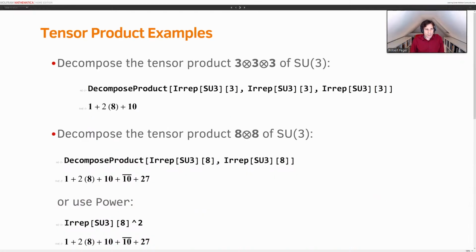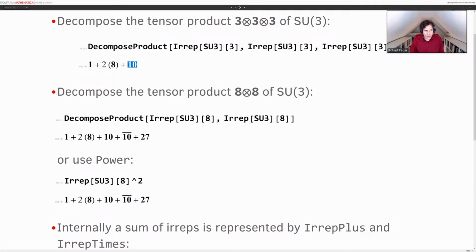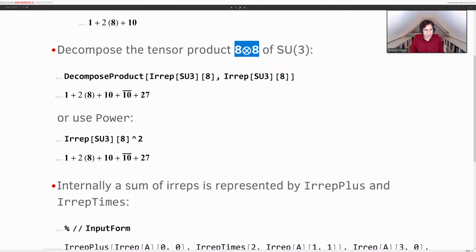Here are some examples. Decompose the tensor product of the 3 times 3 times 3 of SU3. Decompose product can also have more than 2 arguments, and it will just apply it appropriately internally. It results in having this result. So it has the 8 and it has the 10. Then decompose the tensor product of the 8 times 8 of SU3, so the adjoint representation, which gives you this